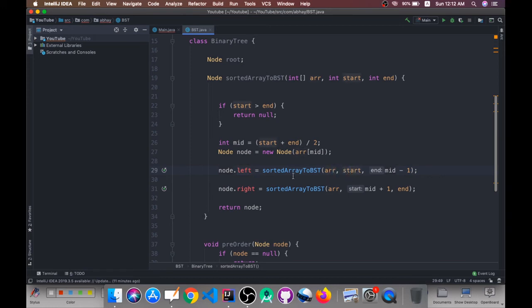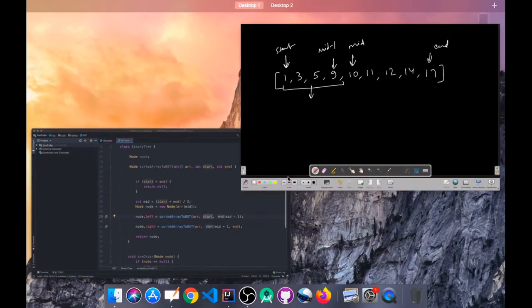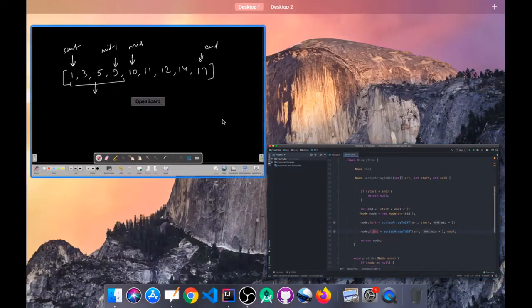Here we have the same array as input, and the start. Since we are calling the left part of the array, the start index will be the same, but the end index will be mid - 1, because these values are for the left subtree. Similarly for the right side we have start as mid + 1.